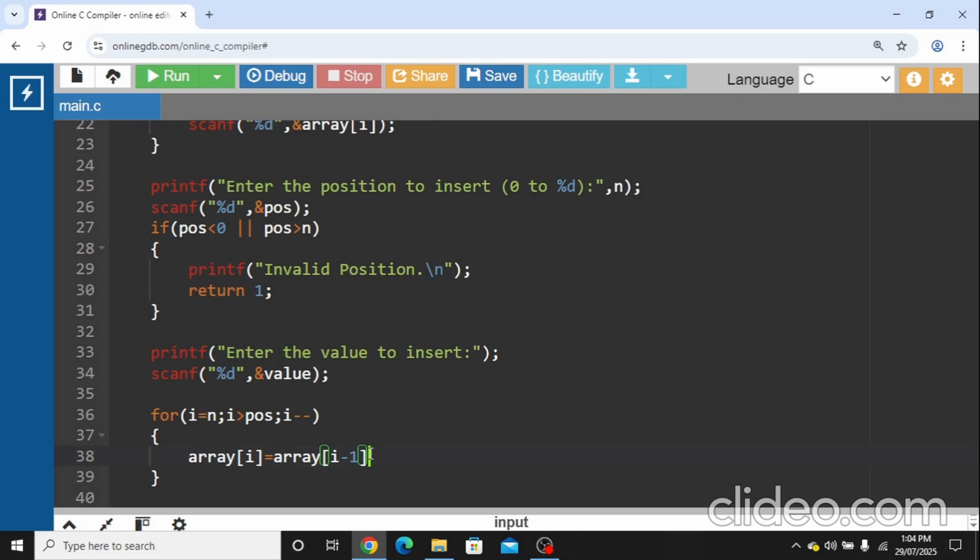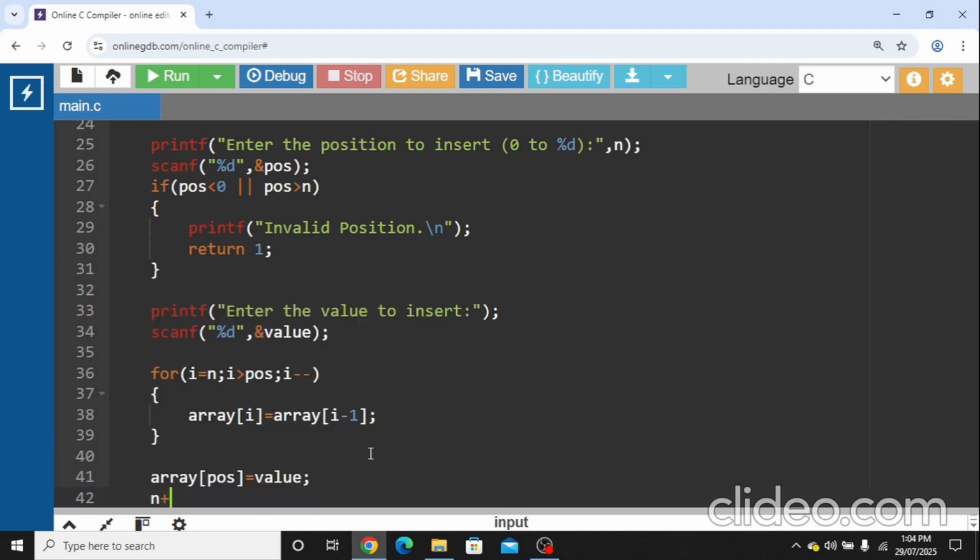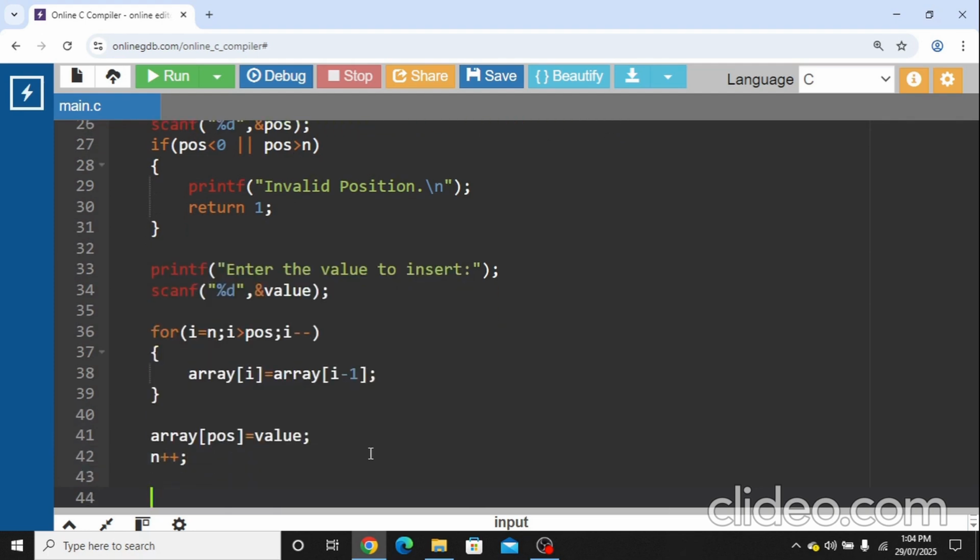Here we assign the values to the position by using array of position equal to value. And in the next line n plus plus for the incrementation. Here we can insert one element, then we can print the updated array. For that we can use one printf statement. In that printf, array after insertion and one /n,